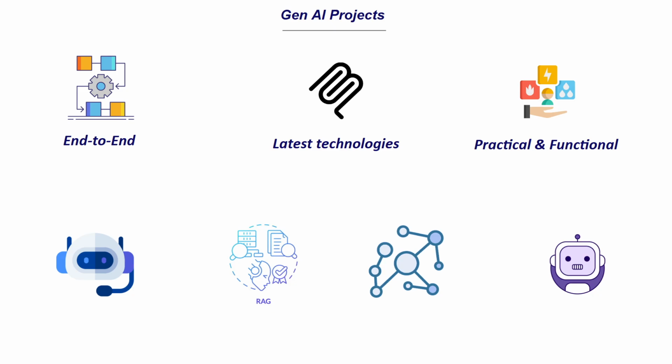So we can start with building a chatbot where we let the user chat with the LLM, but try to use different LLMs and different providers as much as possible. And let's say move on to a RAG application, but again, not just about building RAGs, but how you can create it as a full-fledged application where the user can interact with multiple documents, have a chatbot interface and so on. So we will try to build that, and then maybe move on to graph RAG and so on. This is just an example that I'm saying. It's not that this is the exact order that we are going to follow,